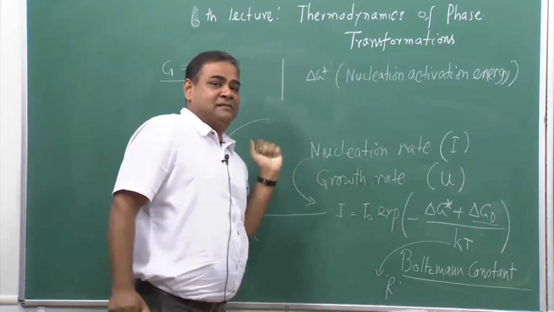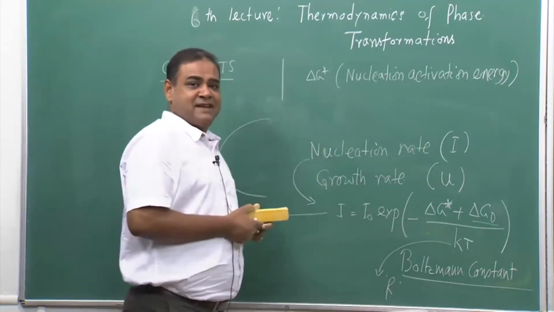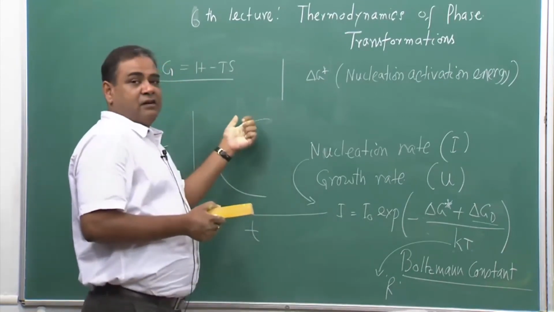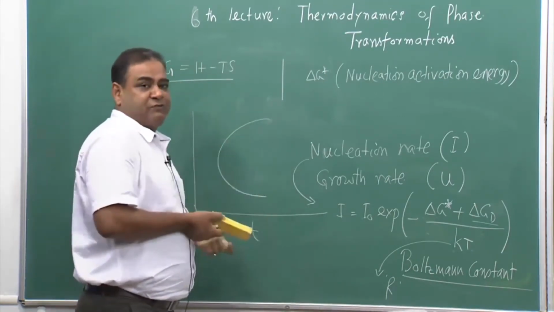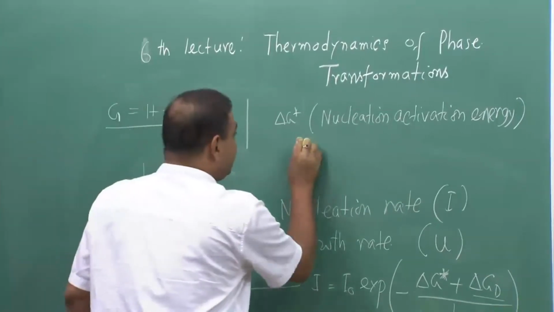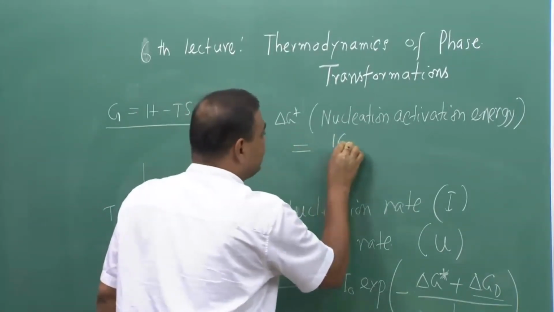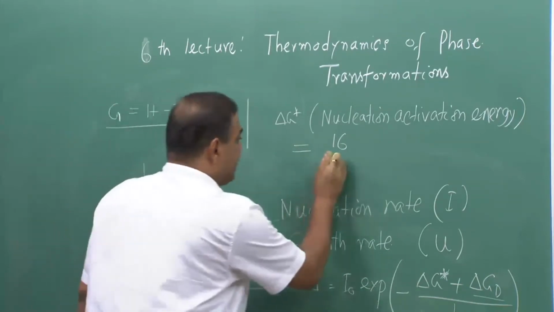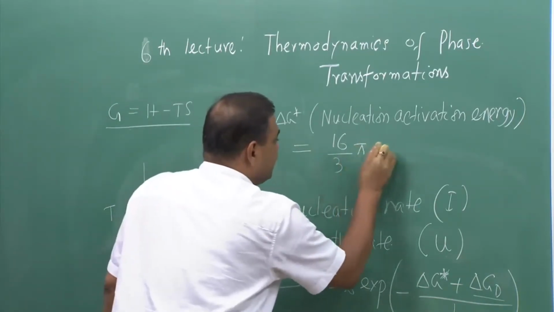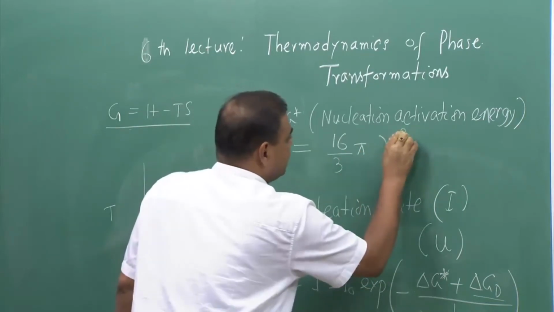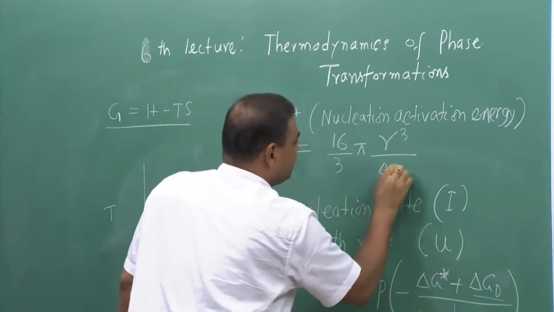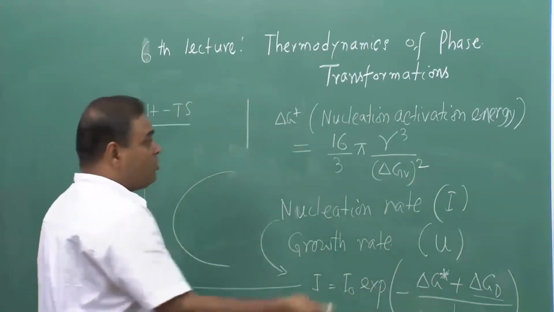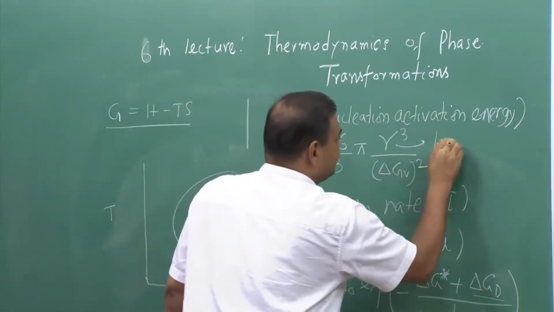And now, since I have used activation energy, it immediately tells me that it is talking about some barrier in the energy axis, the energy distribution graph, as what we did just 10 minutes before. Okay. So, this is also expressed in the form of, if it is simple homogeneous nucleation, 16π γ cubed... Now, this term is interfacial energy,